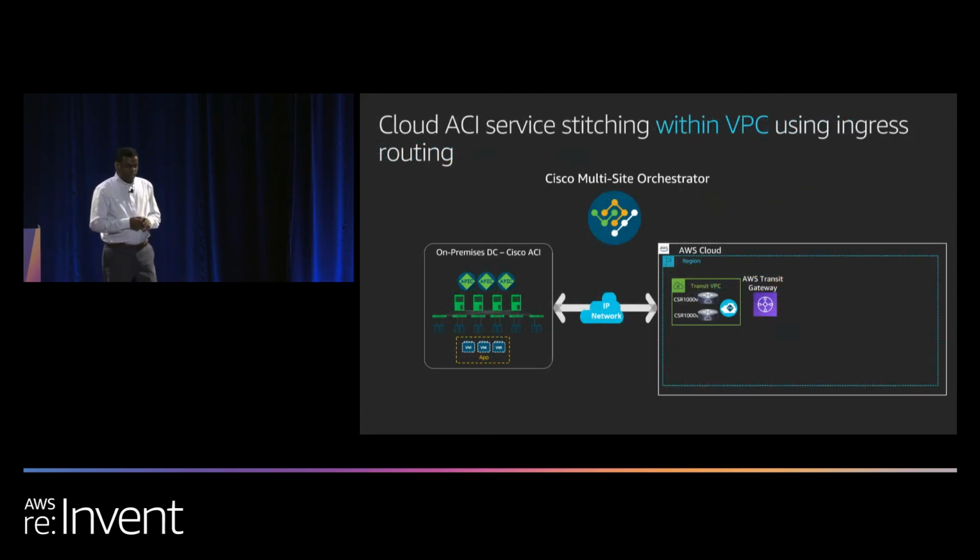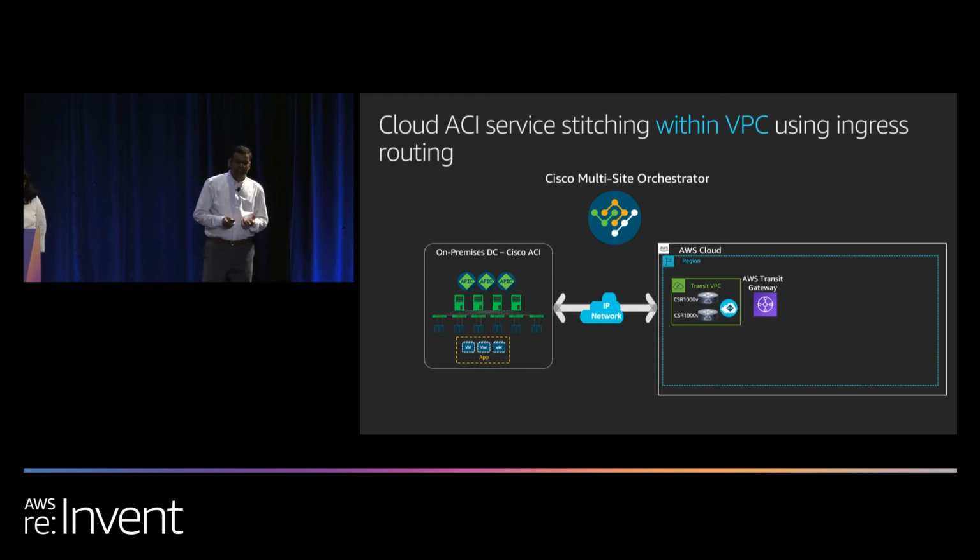Now with that, let me introduce you to ingress routing, which was also announced this week. So what is ingress routing? In AWS VPC, this is an enhancement that gives you a specific routing function within the VPC to allow traffic to and from the internet gateway, from the VPC, or to go even to third-party devices. That gives you the ability to introduce any third party in between the traffic.